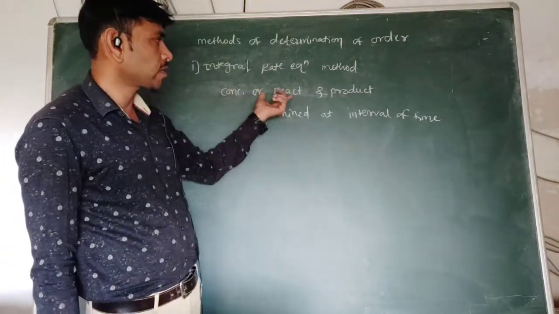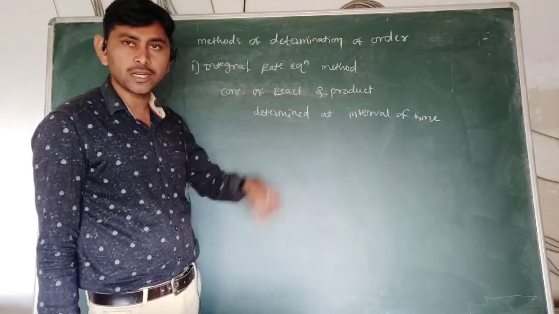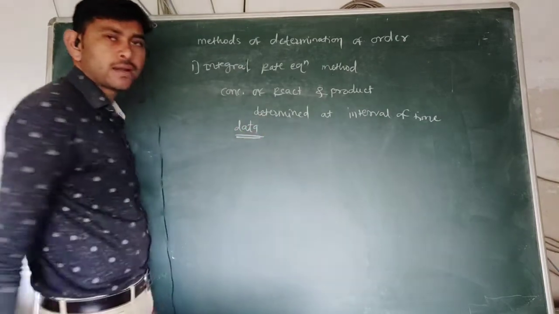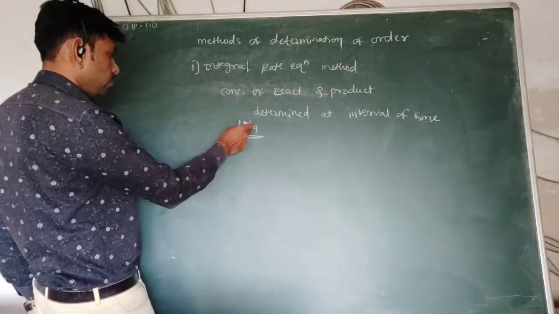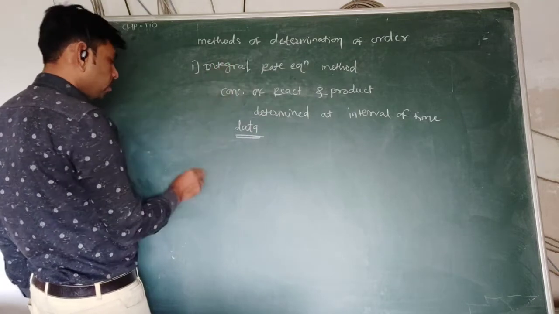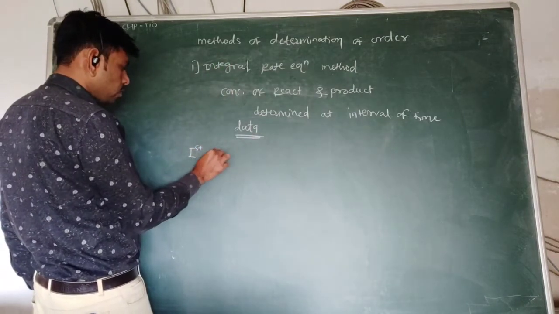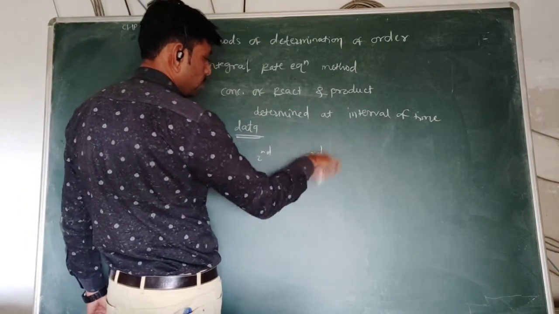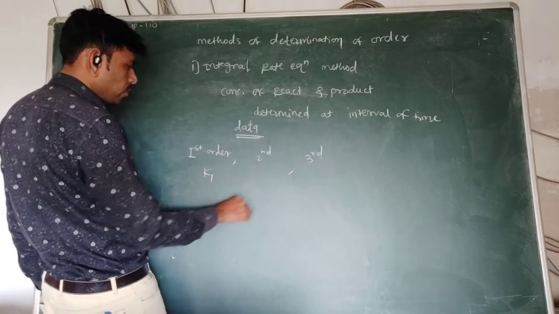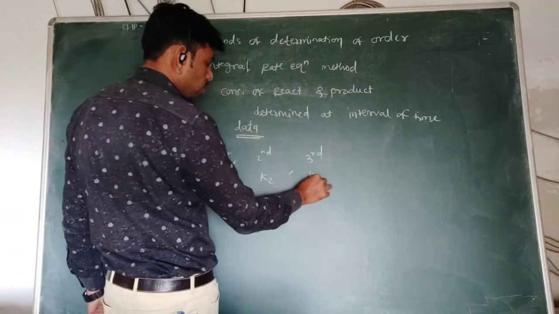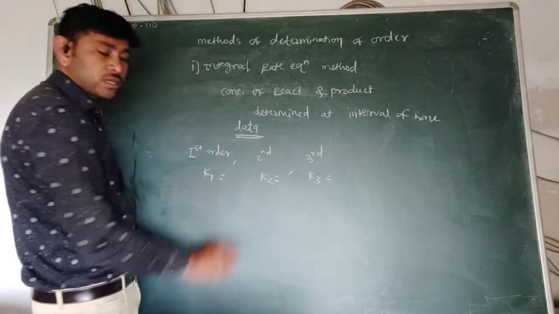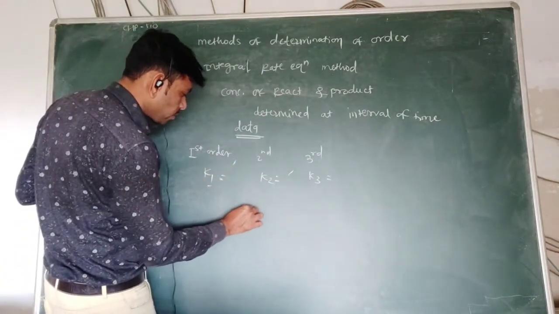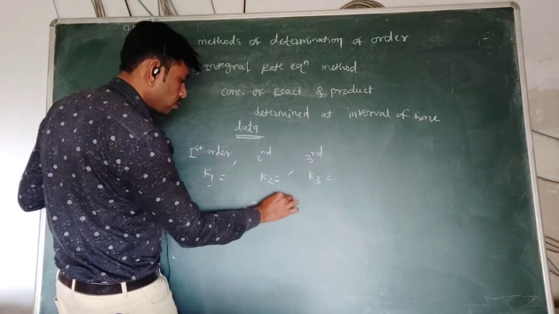The data obtained for the concentration of reactant and product is fed into the integral rate equation of first order, second order, and third order. From this we obtain the values of K1, K2, K3, and the equation which gives a constant value of rate constant